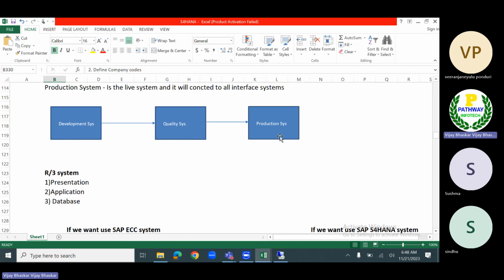These are the three systems. I mean, these are the three servers which we are having, as I mentioned. Now let us assume the current client, I mean, our current server. Current client 800 is a development server. Let us assume